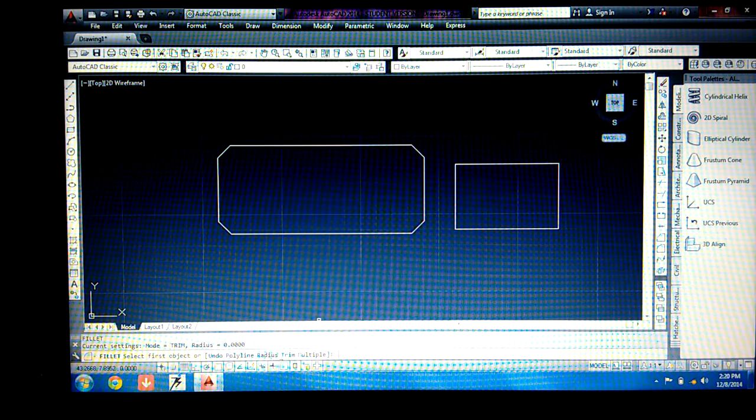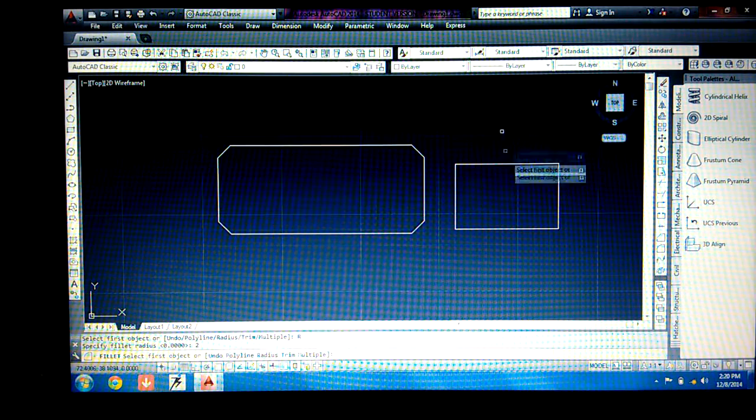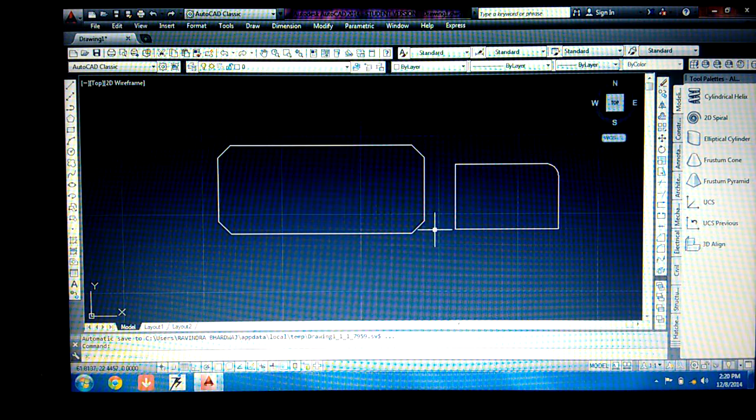It is asking radius, trim, multiple. If we have a radius, click on this, give the radius, giving 2, enter, selecting the first object and the second object. If one wants multiple filleting, write F